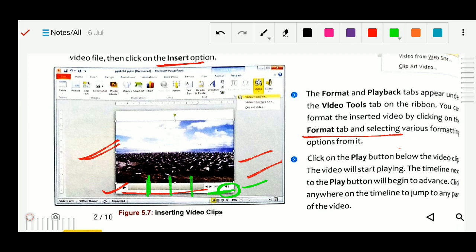In MS PowerPoint 2010 you can also embed video from a website. We can add an embedded video from a website like www.youtube.com. Embedded video means we simply share the link here, like a YouTube link. That video will be available here. You can click on it, and your computer should be connected to the internet, and the video will play. So this is about inserting video into your presentation.